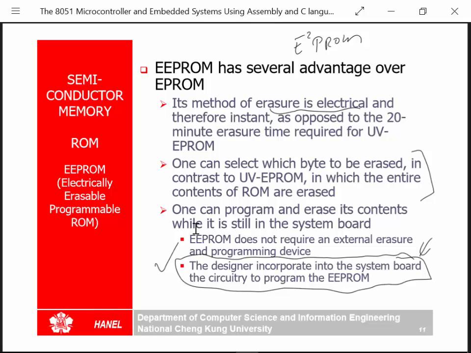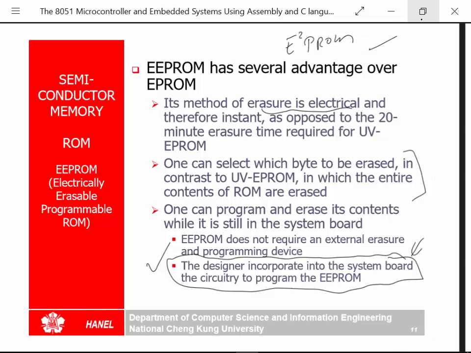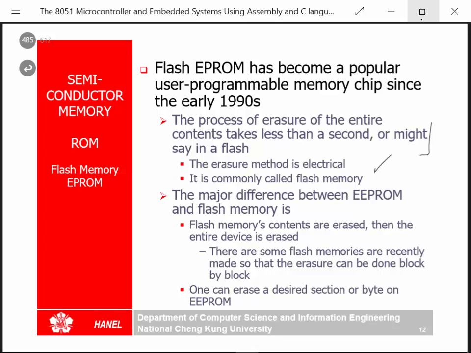So the E squared PROM was replaced, and this is what's used in most microcontrollers and most desktop motherboards that have ROMs on them. There is the double E right there. The next one is the flash, which programs much faster, and that really isn't used much for PROMs as it is for memory. It's replaced a lot of the hard drives in particular.